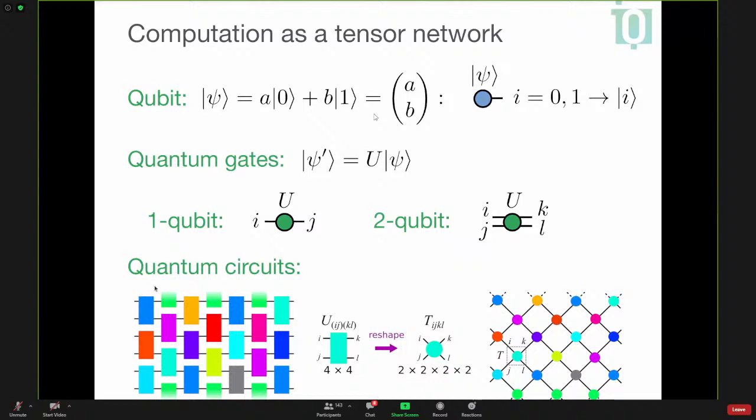But physically, what has happened? What has happened is that your state has evolved from initial time to the first time step. Okay, so here the physical meaning of contraction is time evolution. Now, you might say, well, what if I don't contract? What if I don't contract in this order, where I apply, say, just the first layer? I contract in some weird order, right? What does this mean physically?